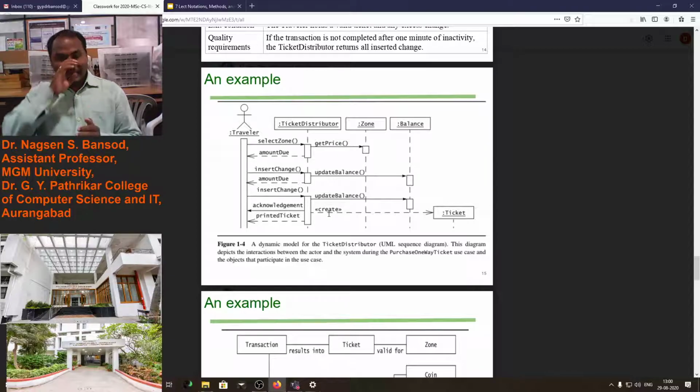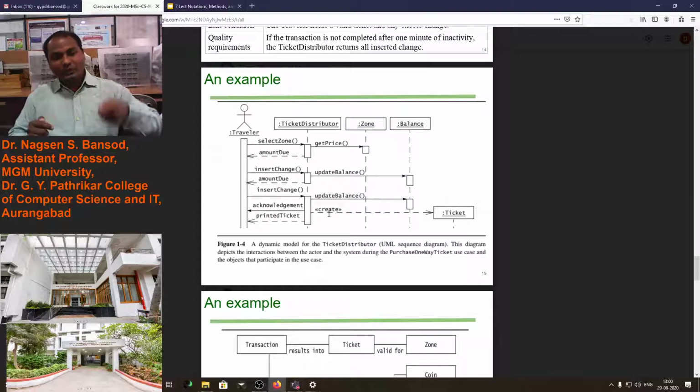On the other side, we again have to design an actor as the ticket distribution machine. An actor may be a machine, an actor may be a network. Suppose multiple networks are connected to that machine. The ticket is not directly coming from that machine itself.